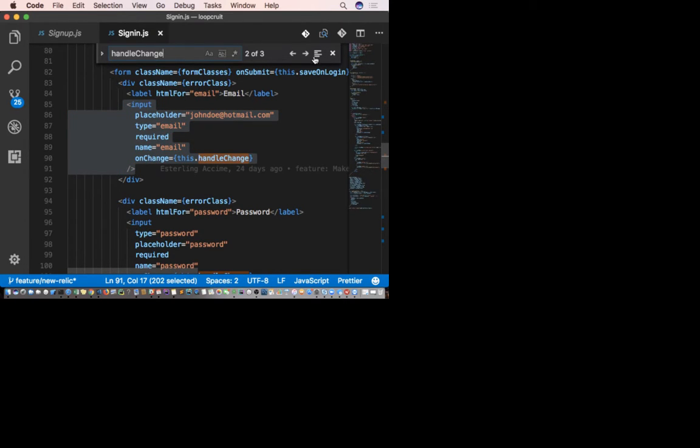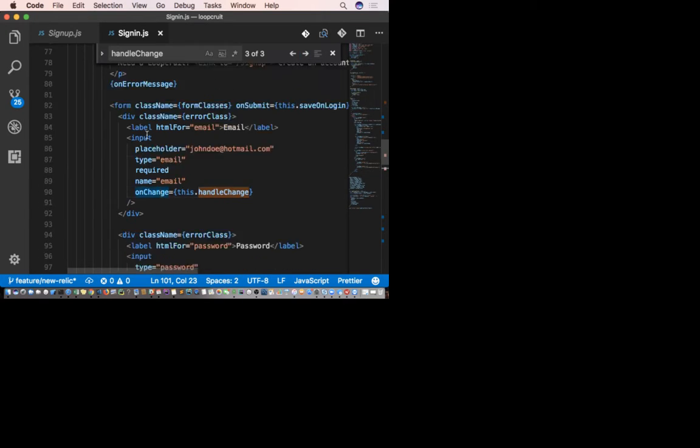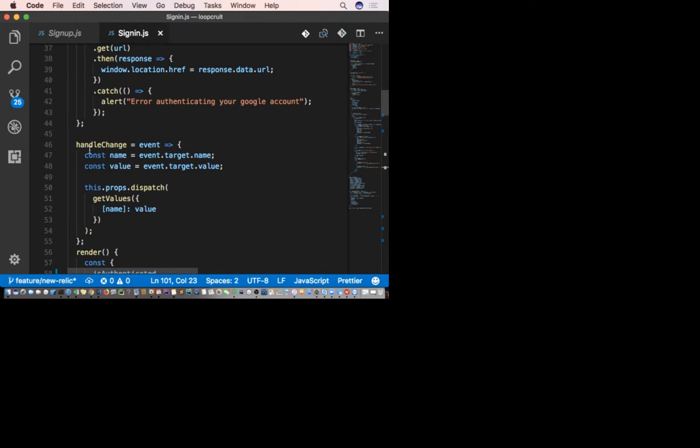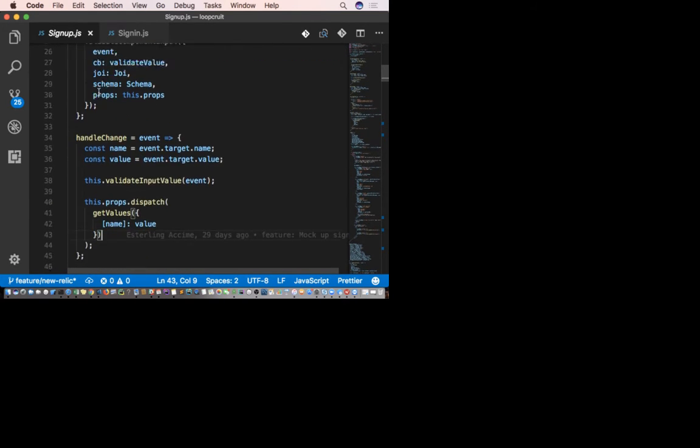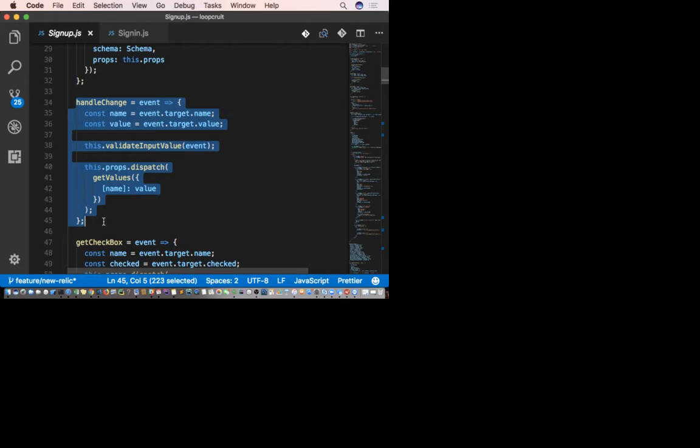And I can go to the next one. It's also getting input. But the bottom line is, within this class component, I have this function. But guess what? Inside the sign up component, I also have the same function. Okay, that's fine. It's just two of them. But let's keep looking down.